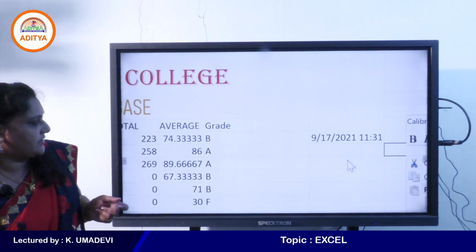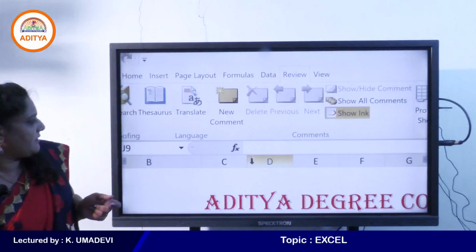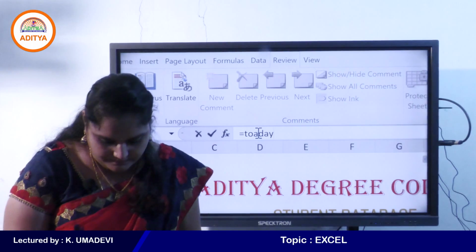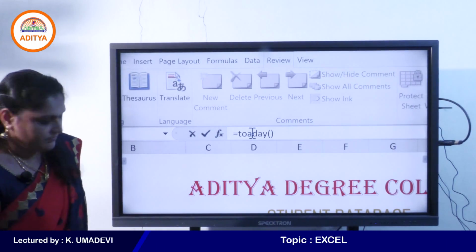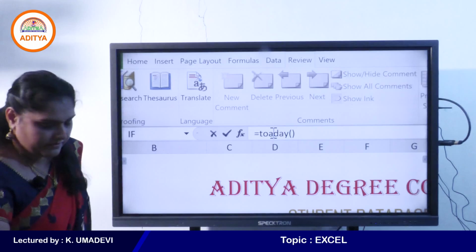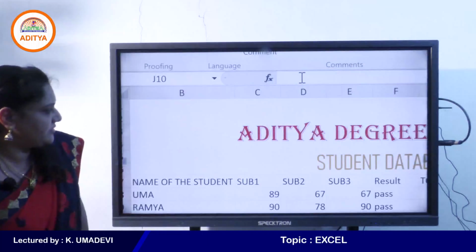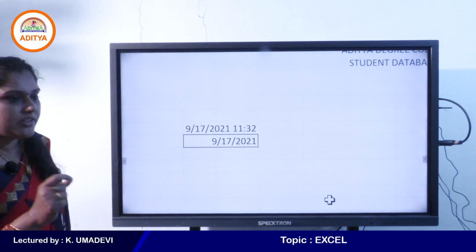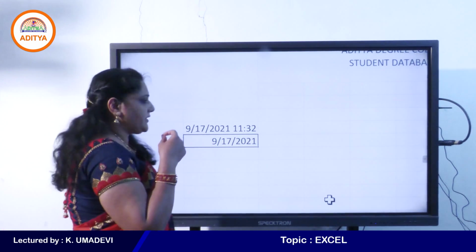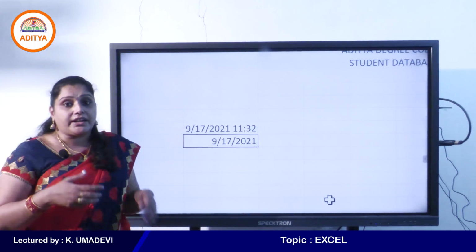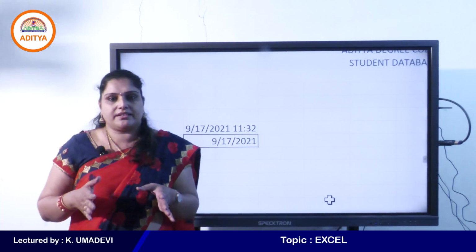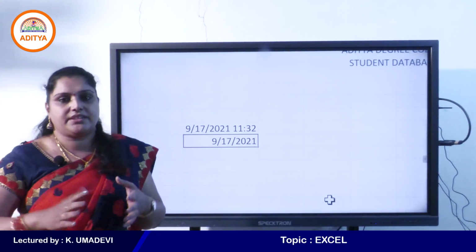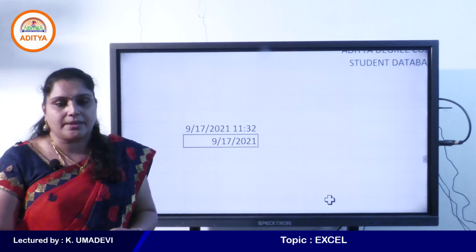And next one, I will show you another function, that is TODAY. Press enter. So TODAY comes under the date and time functions category. That is used to display the date, whereas the NOW function is used to display both time and date at a time in the same cell.